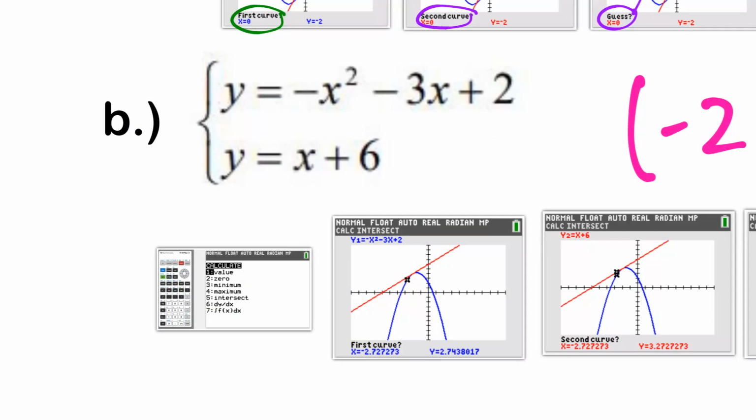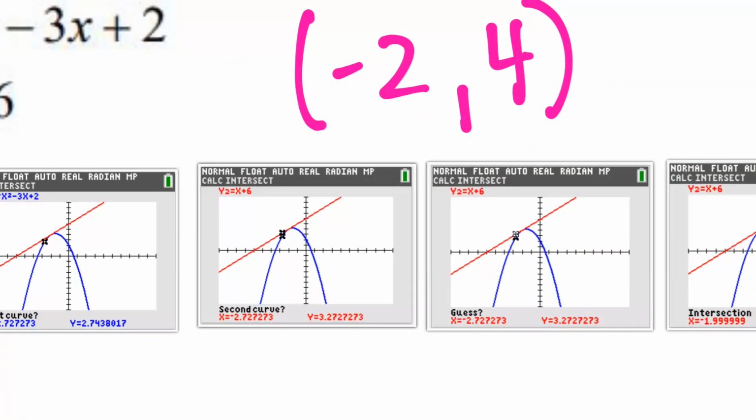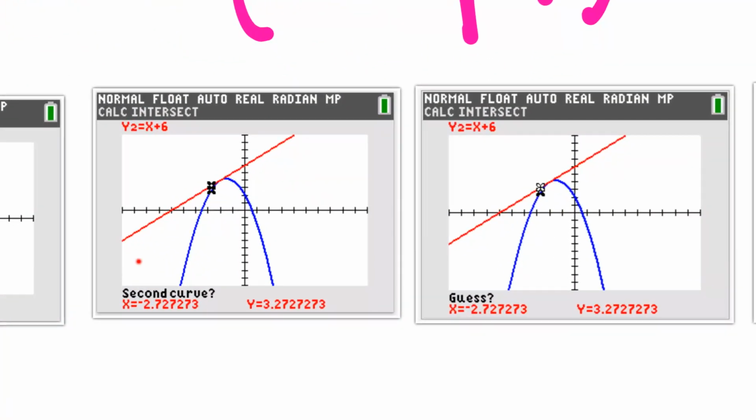Okay, if we take a look at this graph, if you zoom in on here, you can see that this is only going to cross at one point, so you only have to do the point of intersection one time. So again, our first curve, our second curve, our guess, and then it will give you the point of intersection